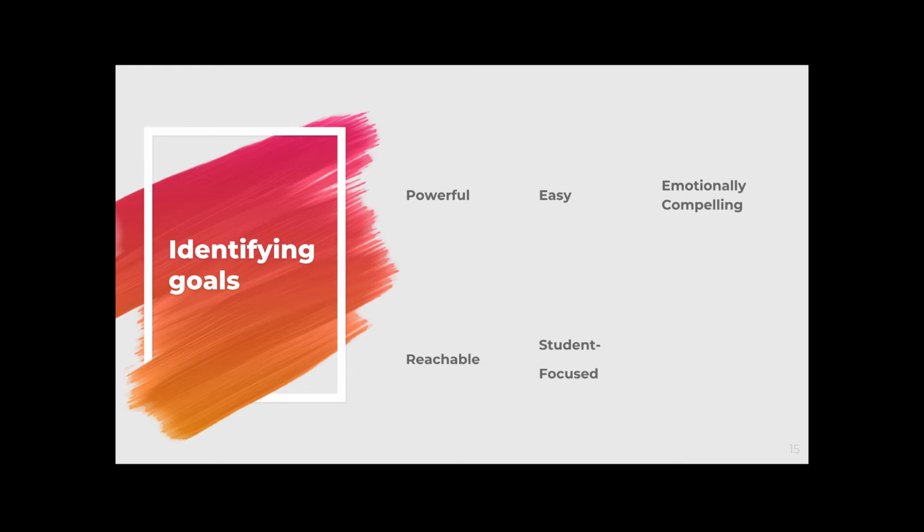Another thing is that the goal you set for your classroom needs to be reachable, meaning how can we measure the outcome and how can we create strategies to help you achieve that outcome? And finally, it might sound cliche, but of course we want the goals to be student-focused. We have to address student achievement in some way, shape, or form, or maybe it's a behavior, maybe it's a change in attitude, but what's the ultimate goal with our students?